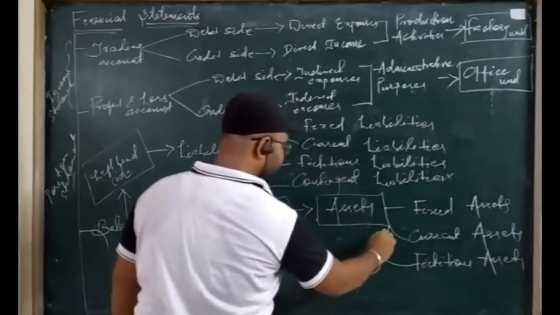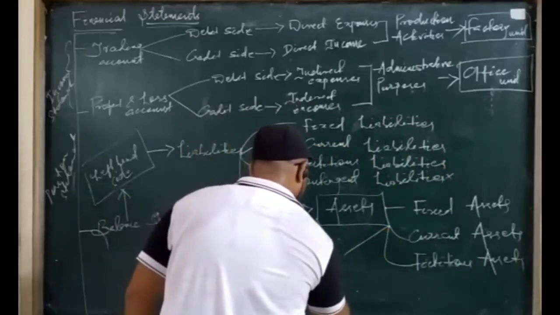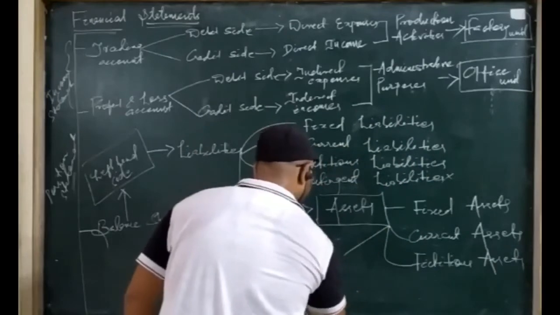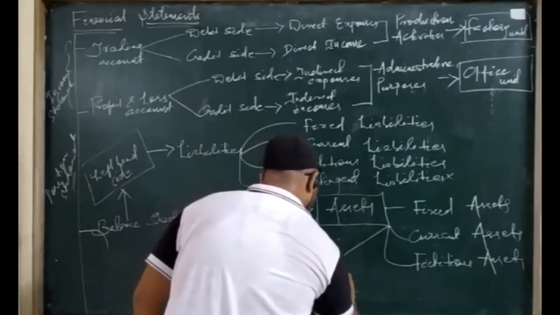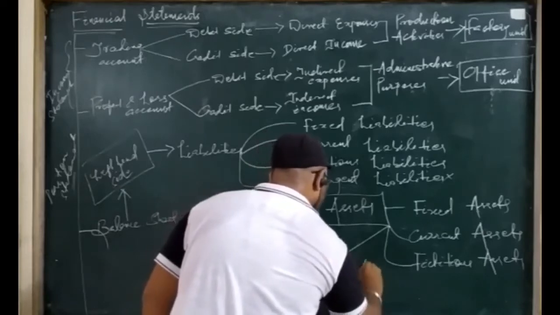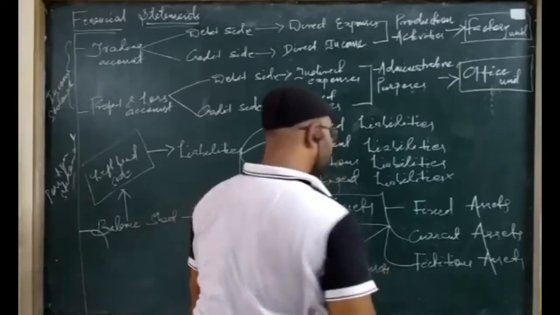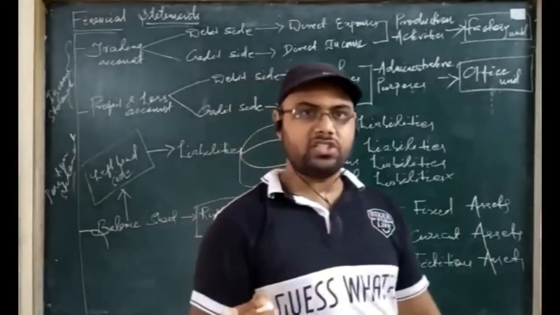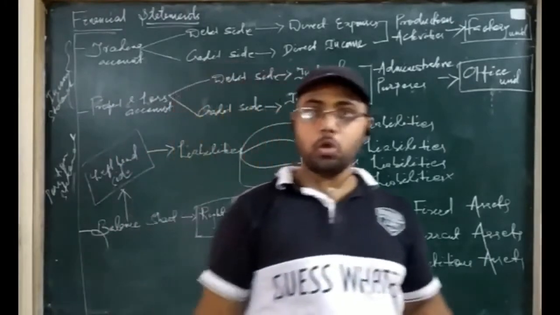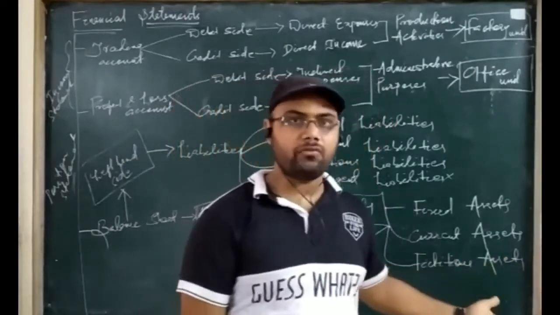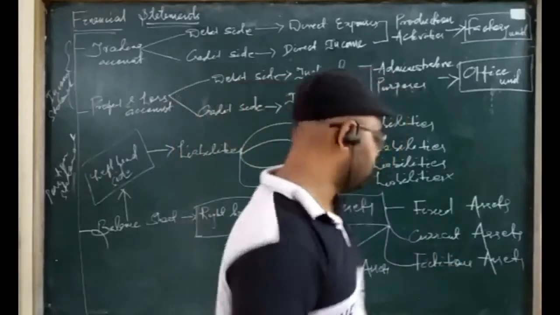There are other assets too that are called intangible assets. These are also long-term assets, but they are not visible. They are supposed to be the properties of business, but these are not visible. Okay, existence is there, but not physical existence. So the difference between fictitious and intangible, I have already told you. Both the assets do not have any physical form, but these are short-term assets, these are long-term assets or properties.